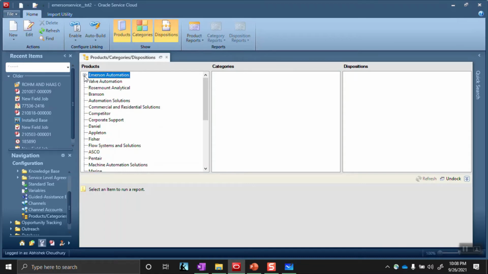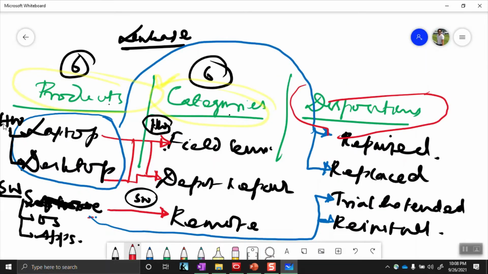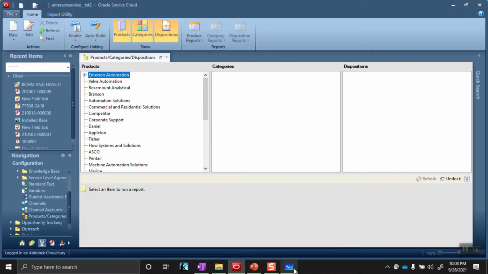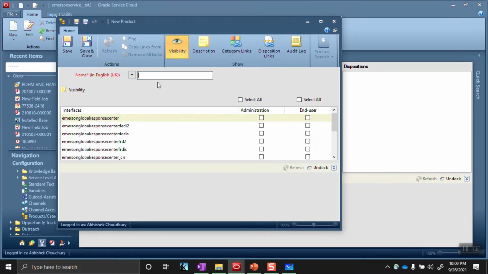In this particular case, we will try to simulate this one. I have hardware and software as the two products. So I will click on add sibling, and I give hardware. Again, we can also restrict its visibility to the interface where we are going to show this particular product, and that is what is provided here.